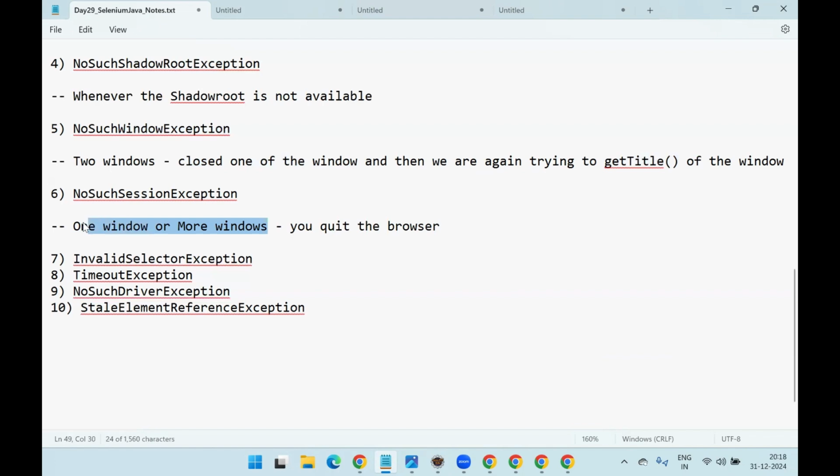If you have more than one window, what happens? You are quitting the browser, then the session ID will become null. So whenever you are quitting the browser, the session ID is null. And you are again calling getTitle or some other method. So what happens? It will say no such session exception because the session ID became null here, and there